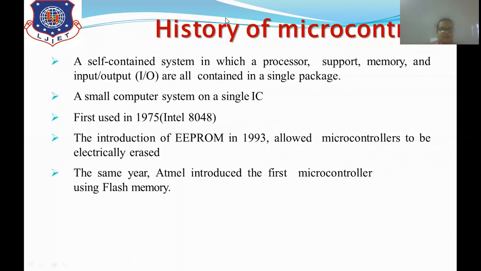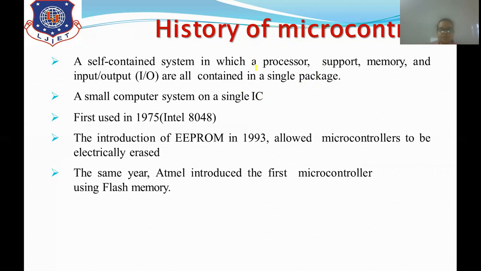So, a self-contained system in which processor supports memory and input output devices are contained in a single package. As we have discussed in unit 1 also, and in unit 2 also, the difference between processor and controller.